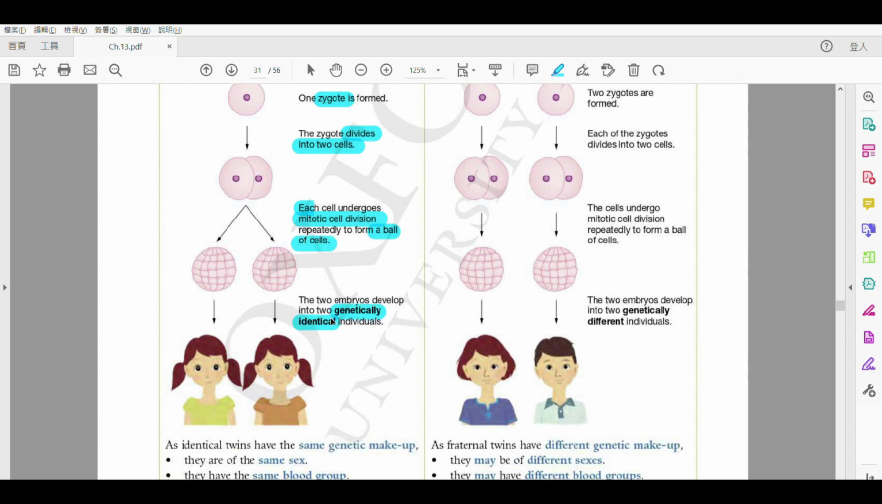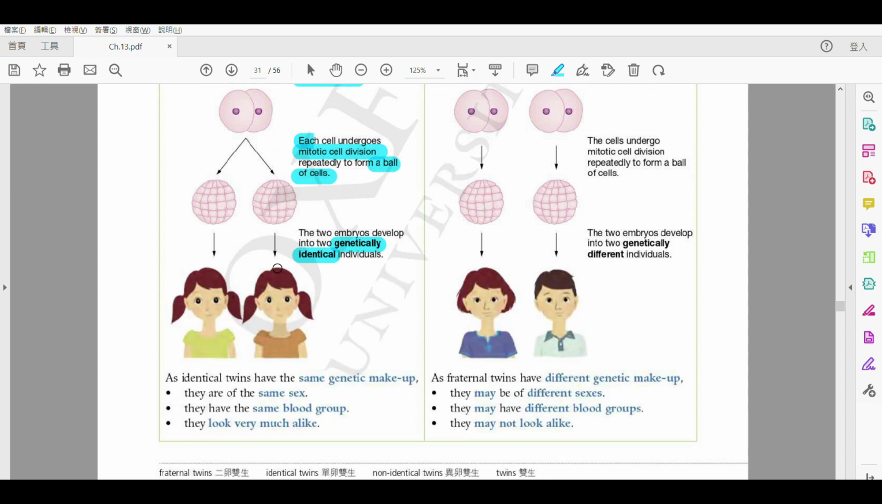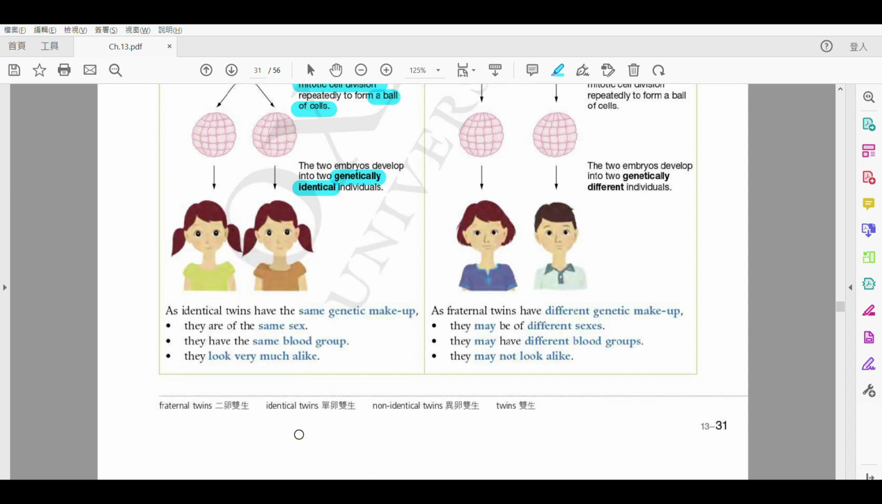Why are they genetically identical? Because they come from the same cell. They come from the same zygote. 佢哋會係一模一樣嘅嘢嘅。Okay, so they have the same genetic makeup. 佢哋會一模一樣嘅 genetic makeup 啦。They are the same sex 啦，same blood type 啦，佢哋嘅血型一樣啦。They look alike 嘅，睇落去好相似嘅。